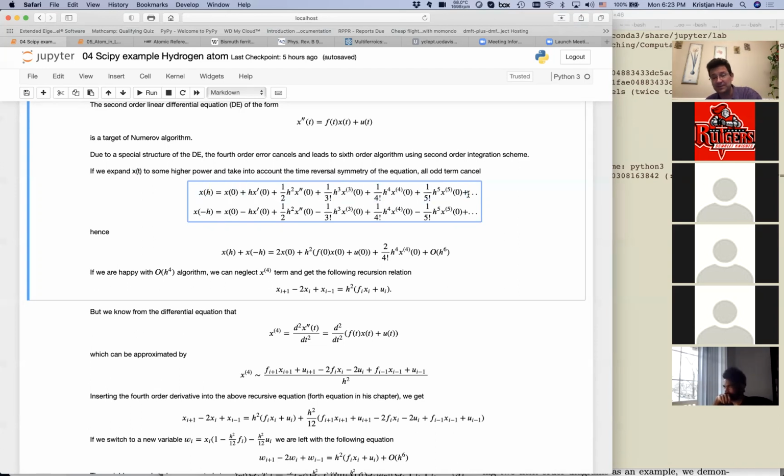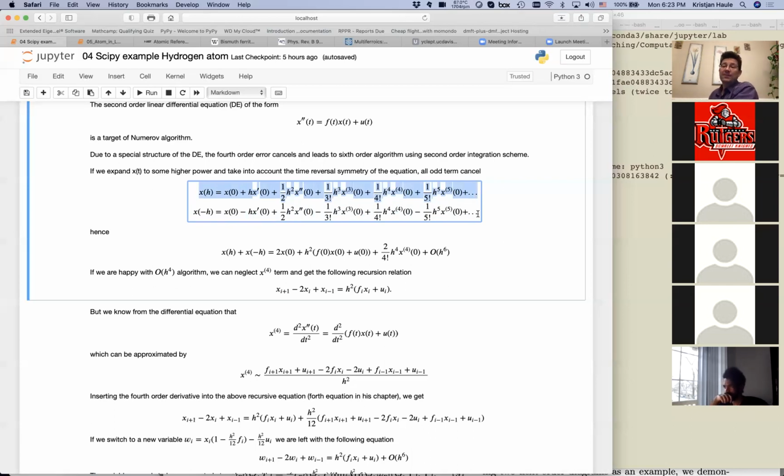If we go to infinity, then we get an exact solution. But if we truncate somewhere, then we have an expression for x of h up to, let's say, sixth order error. Now, not only that, we can go with a step forward in the plus direction,